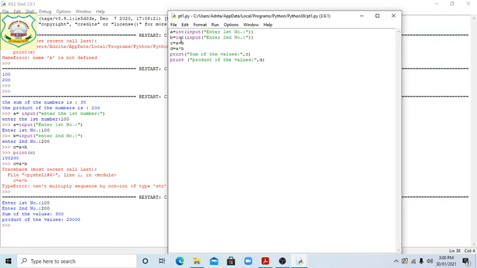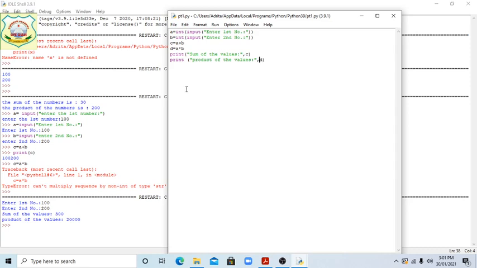A equal 100 we have given, B equal 200 given. Then C equal A plus B, that means 100 plus 200, that is 300 will come because we have added the numbers. And D equal A multiply B, that means 100 multiply 200, so 20,000 will come. Clear, students? So now you have understood.